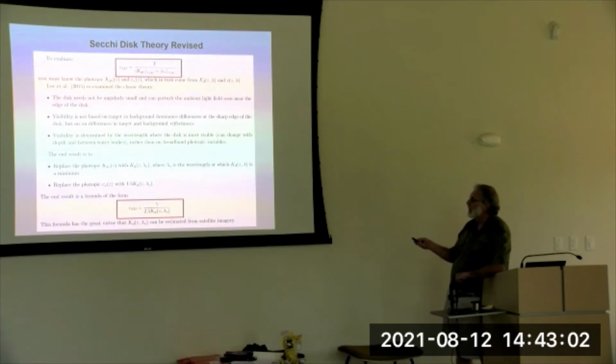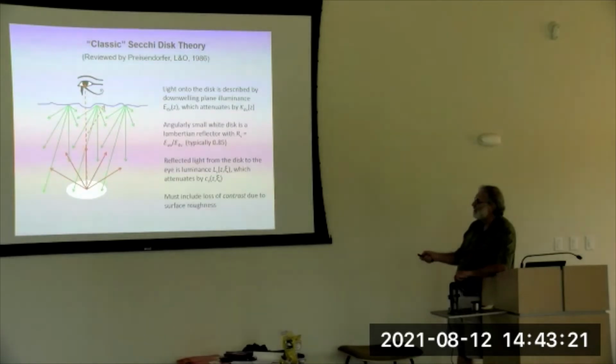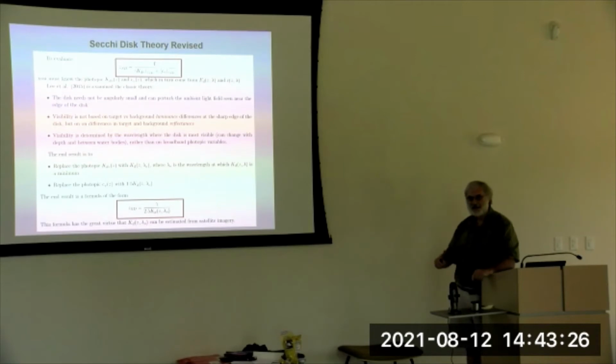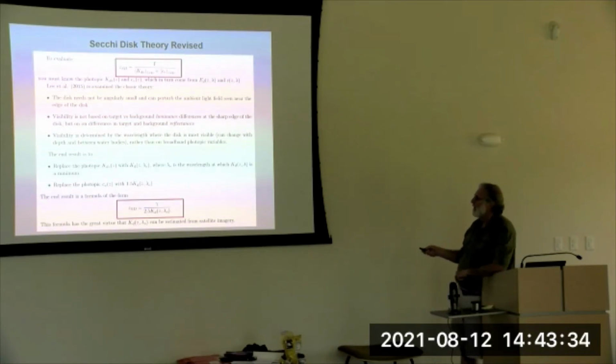And then Zhongping Lee went back and said, let's look at this whole thing over again. The Preisendorfer derivation is based on the values of the luminances and so forth at the depth of the disk. Zhongping Lee says, maybe it's not the luminances that matter, it's the reflectance. So what's the difference in the reflectance by the disk and the reflectance by the water next to it? And then he didn't make these assumptions about the background luminances being,